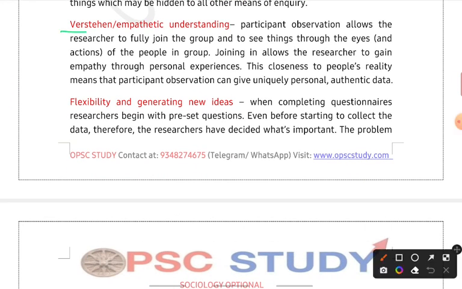Then it involves Verstehen, or empathetic understanding. It will try to understand the social institution from the persons involved in it, right? So what is a tribe, a person will define. But in participant observation, the people who are called a tribe, he tries to understand from their perspective what they understand, or what their bond is, or how they profess or perform religion, right? So the subjects in the tribe, he tries to understand from their perspective.